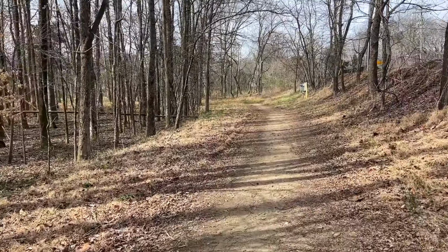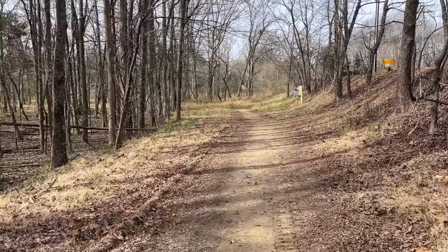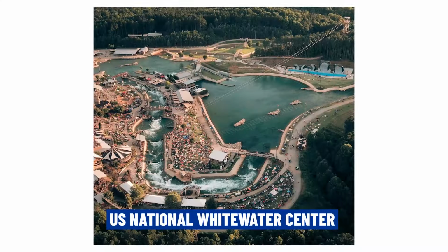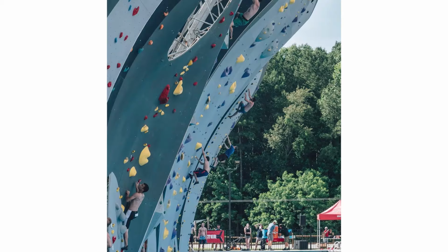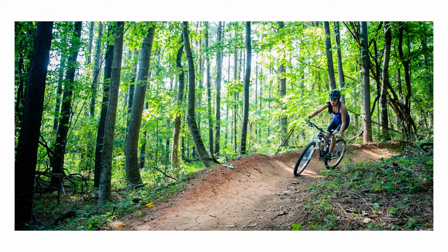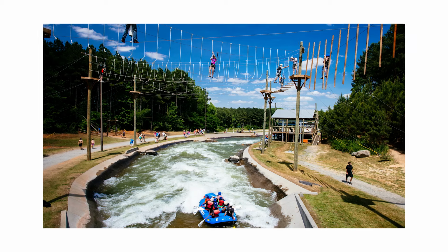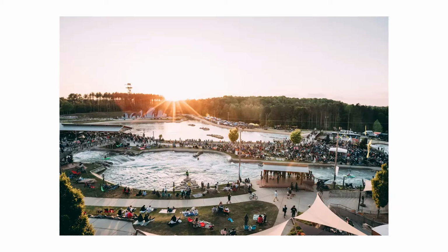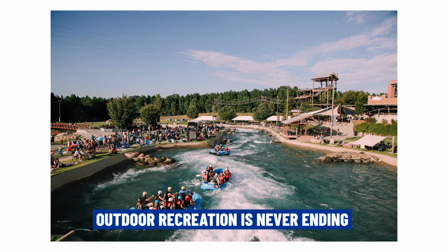All right, this is not the National Whitewater Center, but some adventurers will find their paradise at the U.S. National Whitewater Center, excuse me. They offer activities from whitewater rafting to wall climbing, zip lining, trail running, and of course, mountain bike riding on those trails. And it's an ideal spot for those looking to add a little bit of excitement to their Charlotte visit. So what we're talking about here as a gem is outdoor recreation, and it is never ending